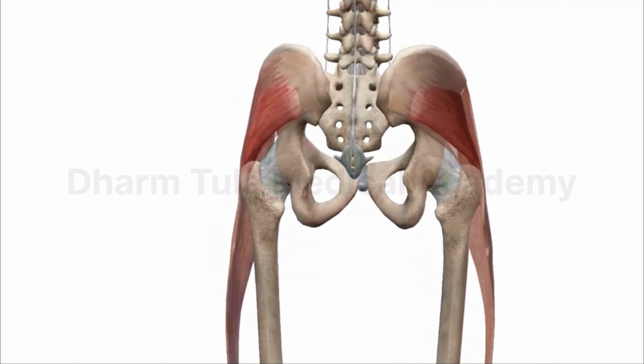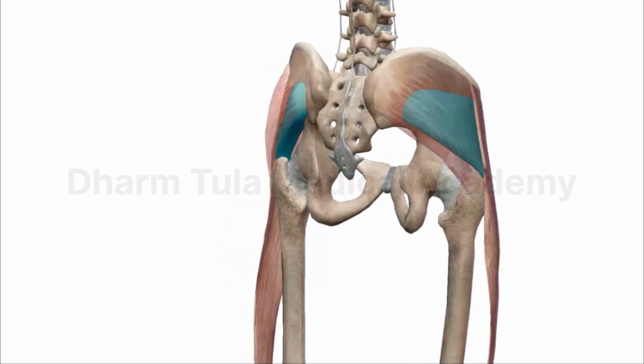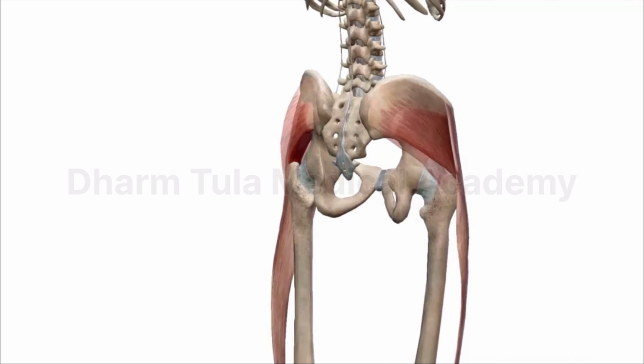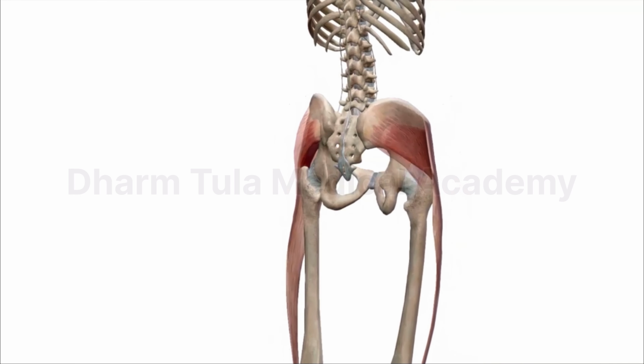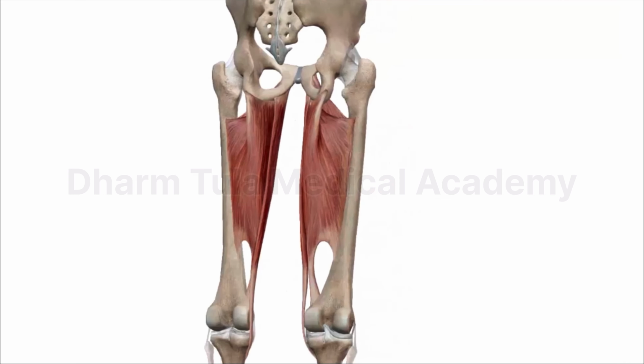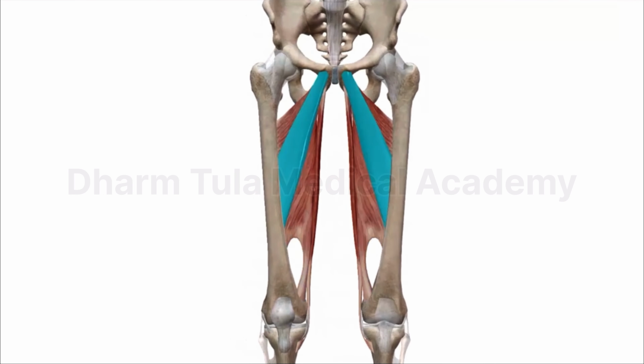Hip abduction occurs primarily through the gluteus medius, gluteus minimus, and TFL. These three muscles are the primary frontal plane stabilizers during single leg stance and upright function. Hip adduction is performed by the adductor magnus, adductor longus, adductor